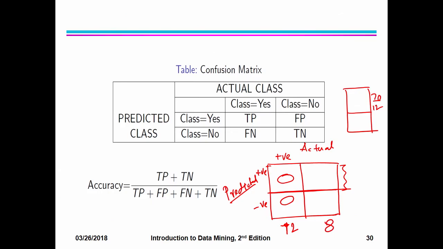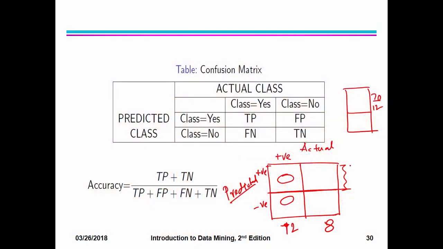As I said in the last class, suppose a classifier says all are positive class, there is no negative class, then it says the total is positive class. So, this should be 20, but it cannot be all positive class actually, because out of 20 there will be 12 positive class. So, obviously there should be 12 here and 8 here, and both entries are 0. I think this is clear.